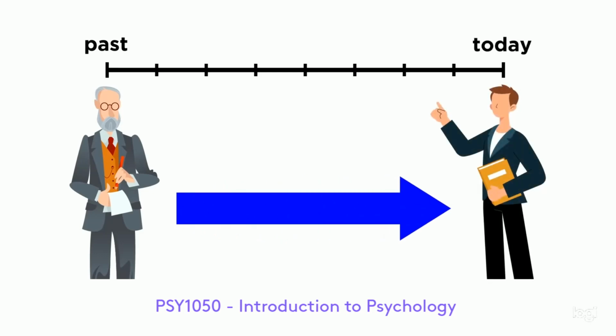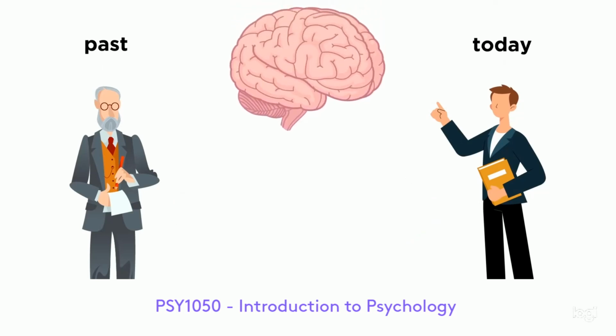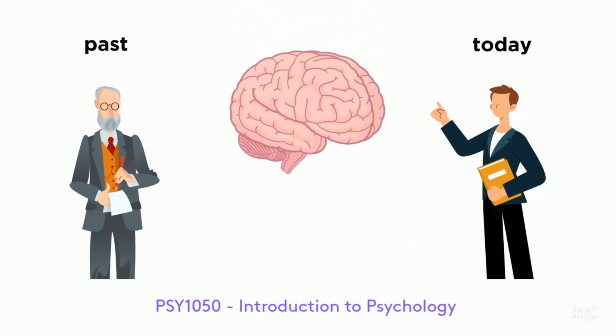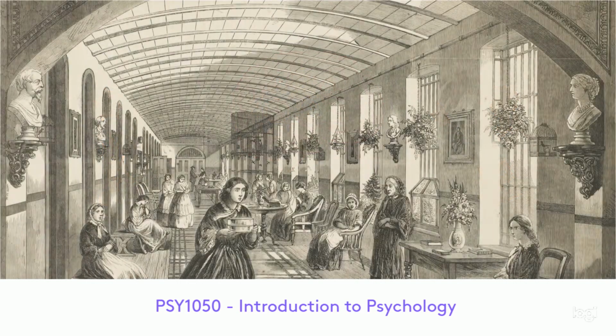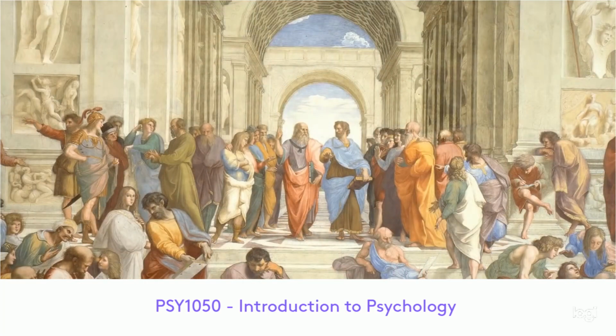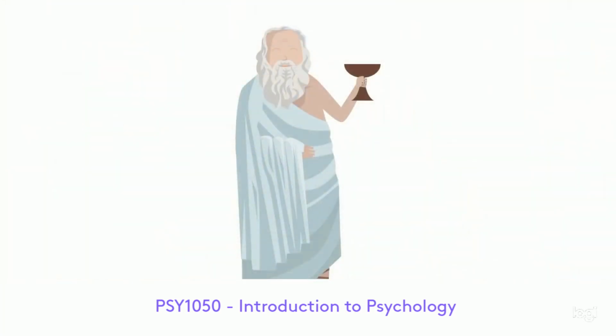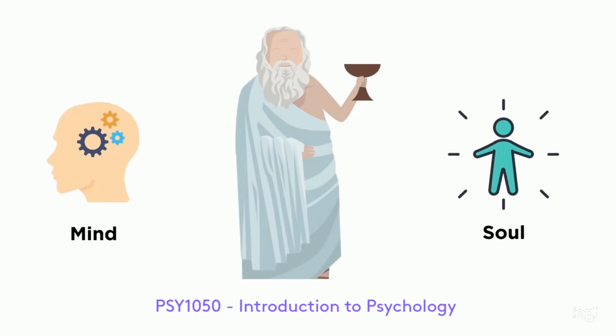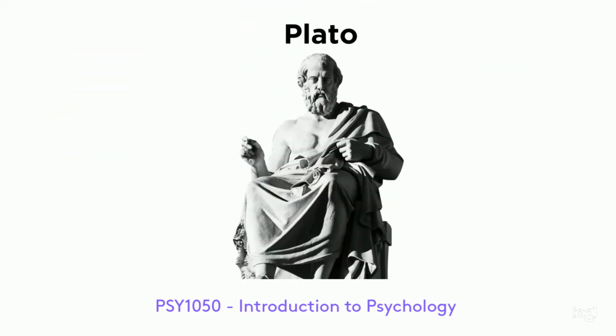It will also give us an idea of how psychologists, both past and present, think about the mind and how it works. In knowing psychology's history, we will be better prepared to understand and appreciate the psychological concepts to be covered later. We're going to start by going way back. People have been thinking about the mind for thousands of years. Many cultures throughout history spent a lot of time speculating on the nature of the mind and soul. The most prominent figures in ancient psychology are ancient Greek philosophers like Plato and his student Aristotle.